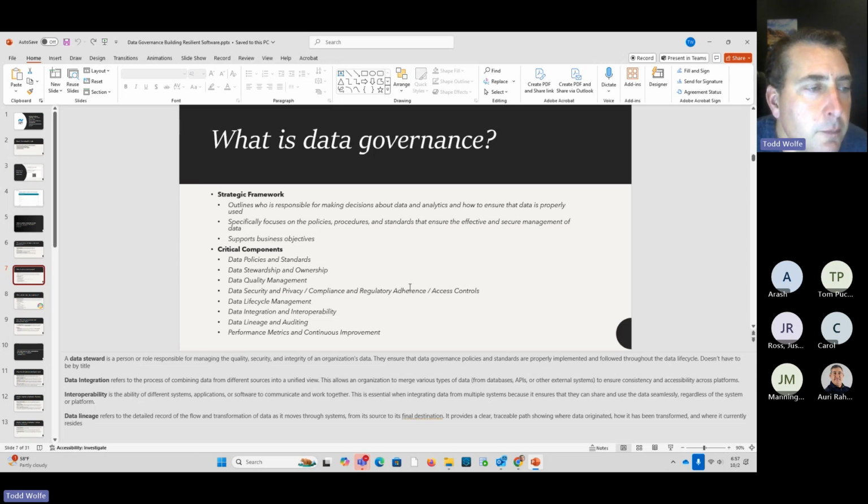So some of the other critical components, first and foremost, of course, are going to be those overarching policies and standards. The stewardship and the ownership. Data stewardship and ownership is always difficult and challenging for many organizations. First, people hear this concept of data steward. They don't know what it is in some aspects, or they think it's a job and they have to go hire for it in a specific role. In many cases, that's not true.